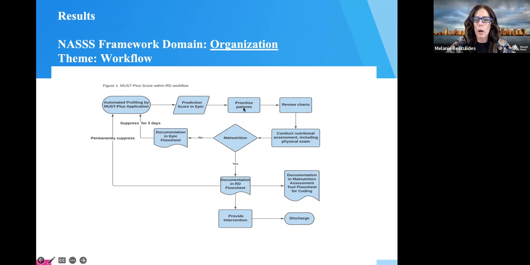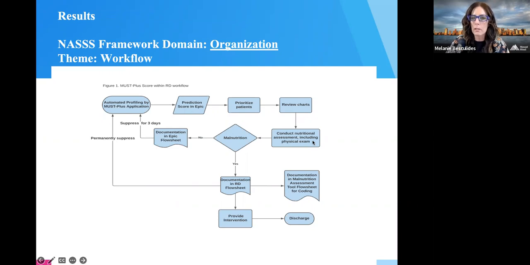So they use the score to prioritize their patients. Then they go and they review their charts. And prioritization is based on the score, but it's also a little bit based on the location of the patient. So if patients are all over different floors, they're obviously going to try to meet with patients on the same floor at one time. So they prioritize patients, they review charts, then they go in and meet with the patients,